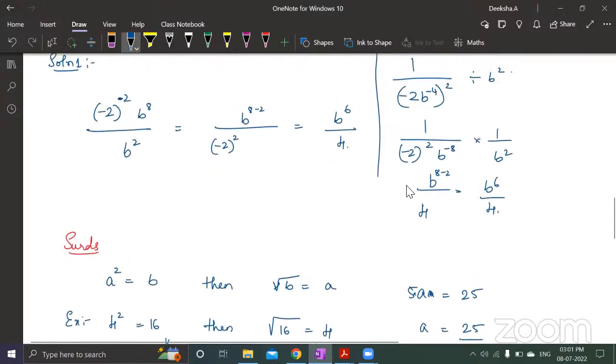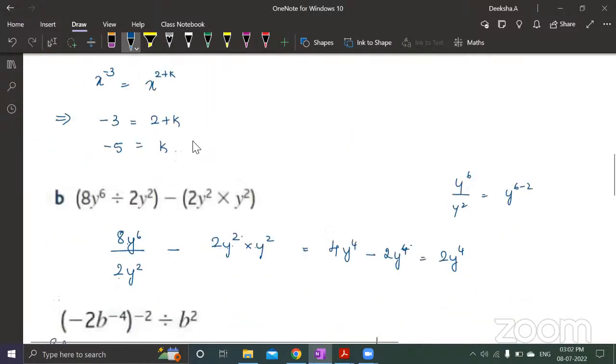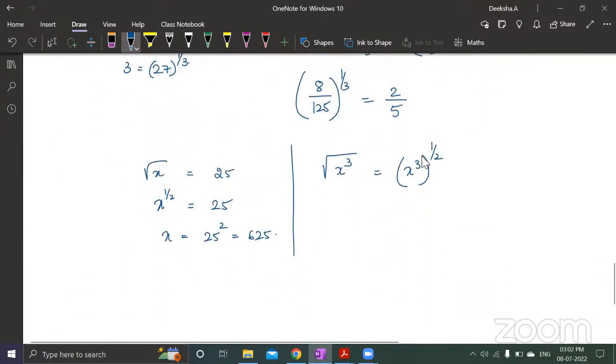Now we will use this fifth rule. What was our fifth rule? If a number has a power, which again has one more power, then we are going to multiply these two powers. Okay, a power m to the power n, or a power m whole power n, both are same, is equal to a power m into n. So that way if I write here, it is going to be x power 3 into 1 by 2, which is x power 3 by 2. Now this taken to the other side, suppose x power 3 by 2 is equal to, I'm just writing some number randomly. Let me take 2 cube is 8,